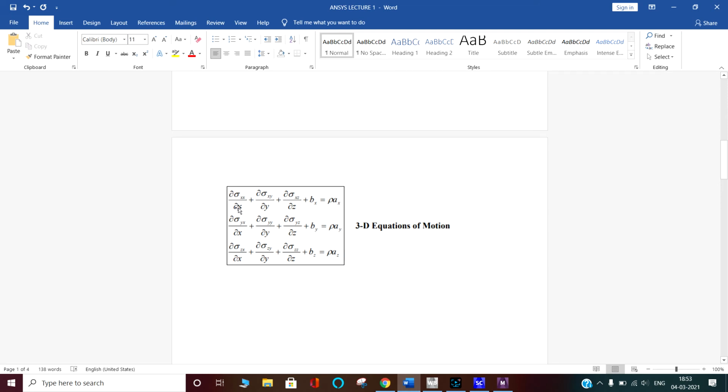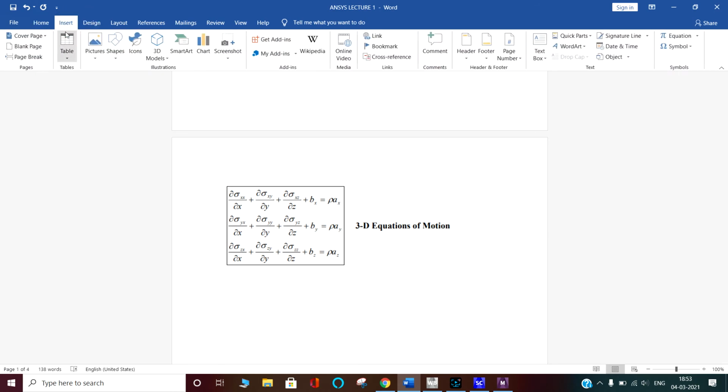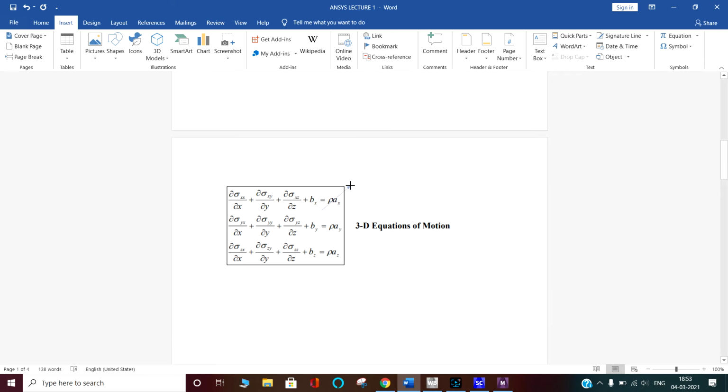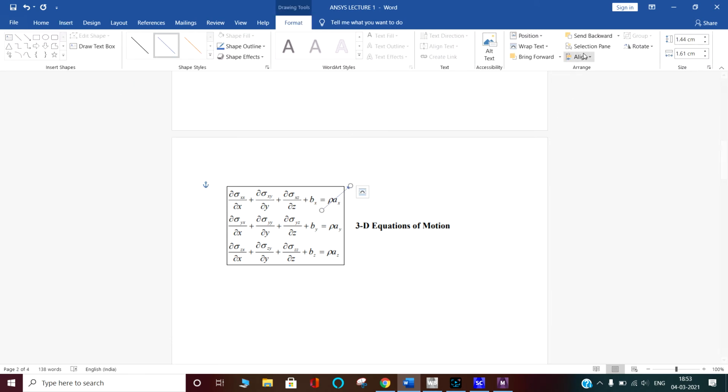Why? Because this is the summation of forces in the x direction, where bx is the body force and rho ax is the acceleration. When we make this acceleration 0, all these accelerations should be 0.